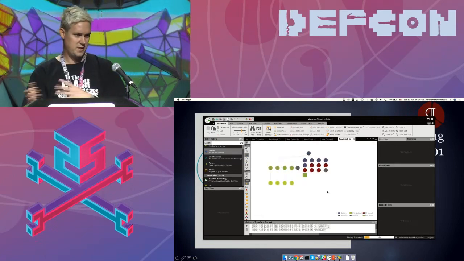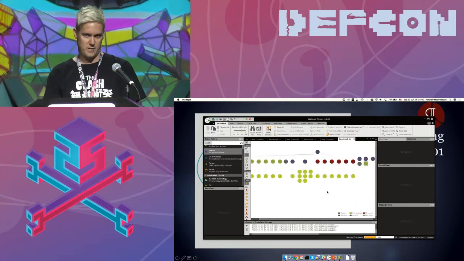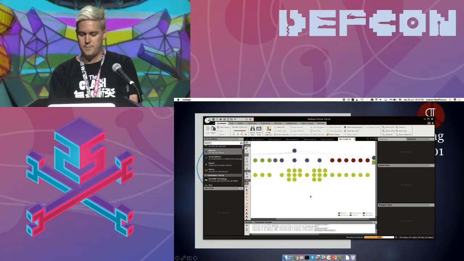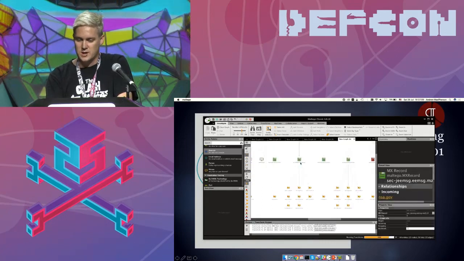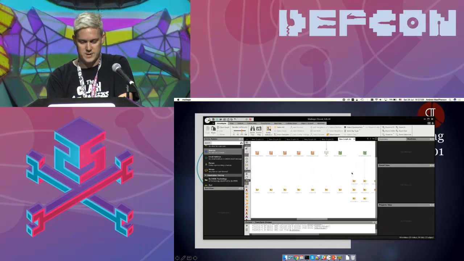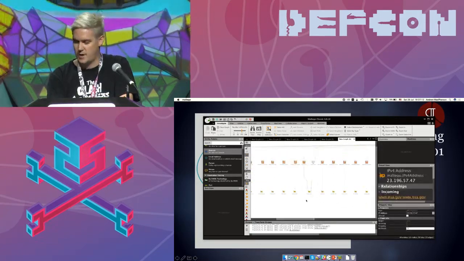And the deal with Maltego is that nothing in the tool is complicated. Nothing that you can run is something that you couldn't figure out by hand. But the correlation is what gives you any sort of capability. So here you can see one DNS name with multiple IPs, or two different DNS names on the same IP address.